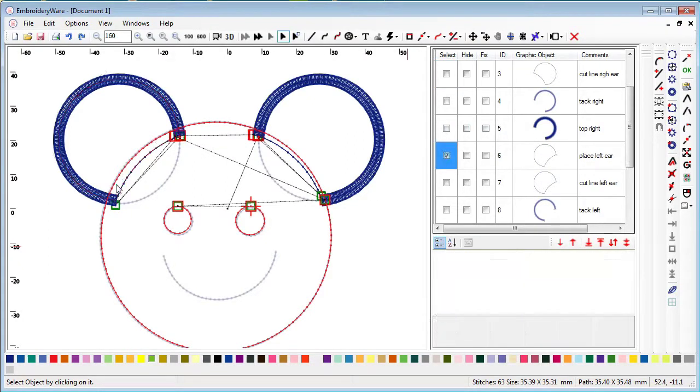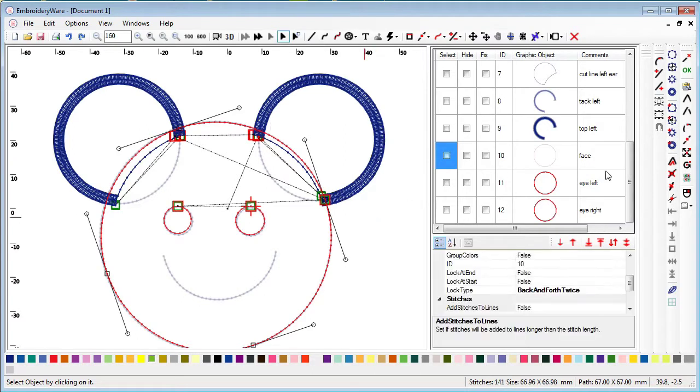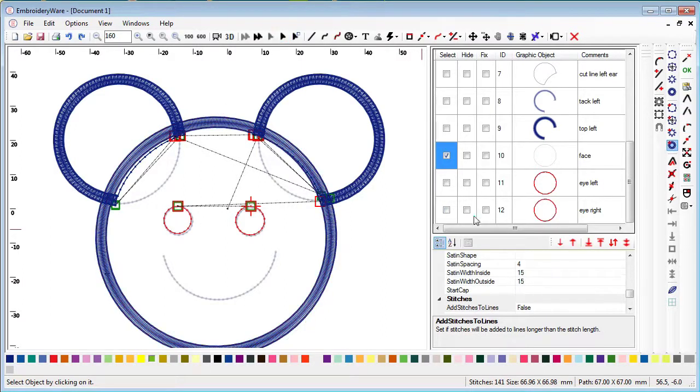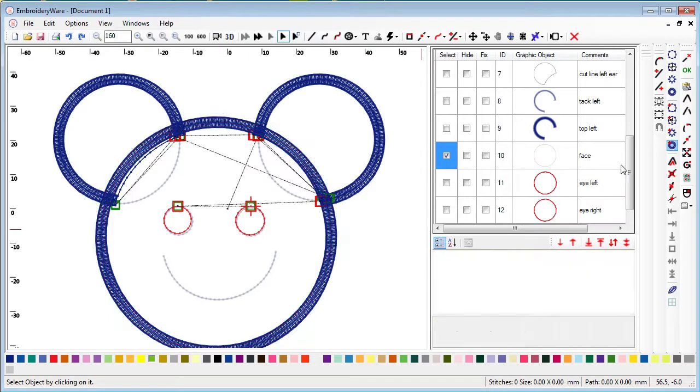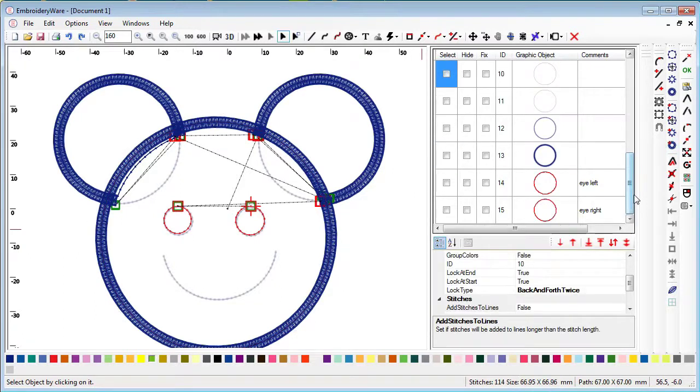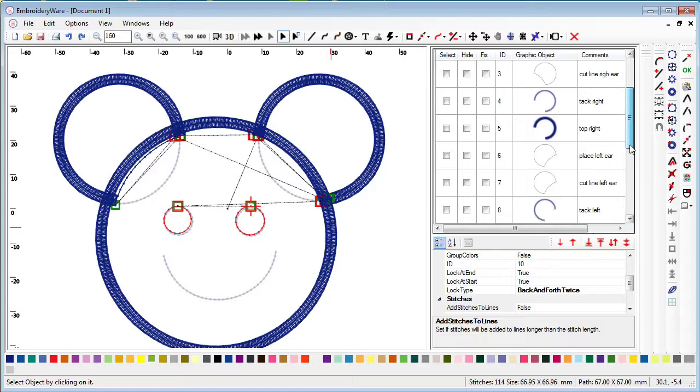So now we have basically, these will both be appliqued, and then the next step is we just take the face. And because a face is a simple thing, we can just go ahead and press the duplicate and make applique button and just have 4 items in a row. It just will work. And so then the next steps are the eyes left and right, and then the smiley